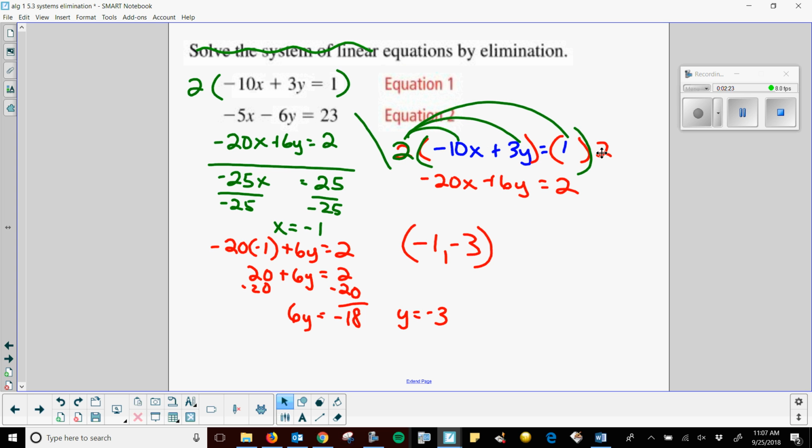Everything gets distributed, everything on both sides, and so really instead of writing a 2 above everything or having all this mess, if you just want to put a giant parentheses and a 2 on the outside, we're not technically supposed to distribute over an equal sign, but if this helps you remember to get everything with that 2, let's go for it. Because I would rather that than, oh, well that part of the 2 is gone and all of a sudden your answer is wrong. But once we do that,